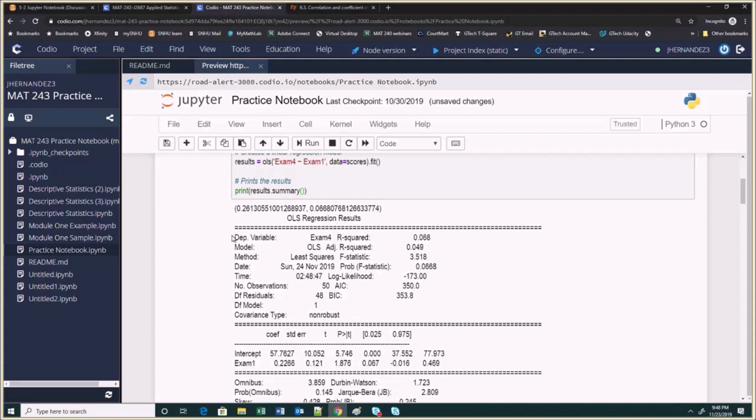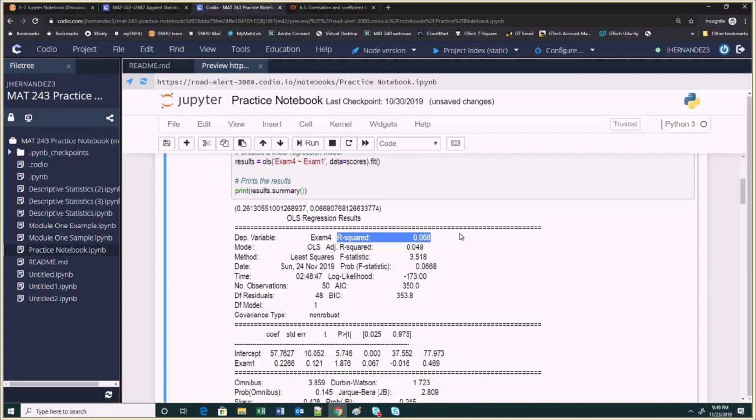So note that it prints the name of the dependent variable. It tells you that the method is least squares. So we have 50 observations. Here, note that we have our R squared as